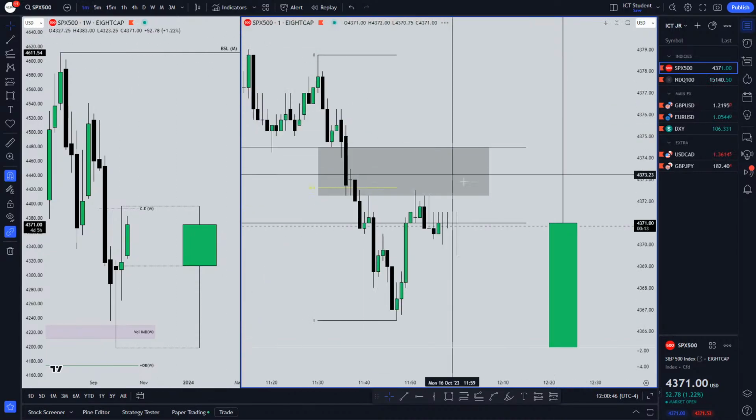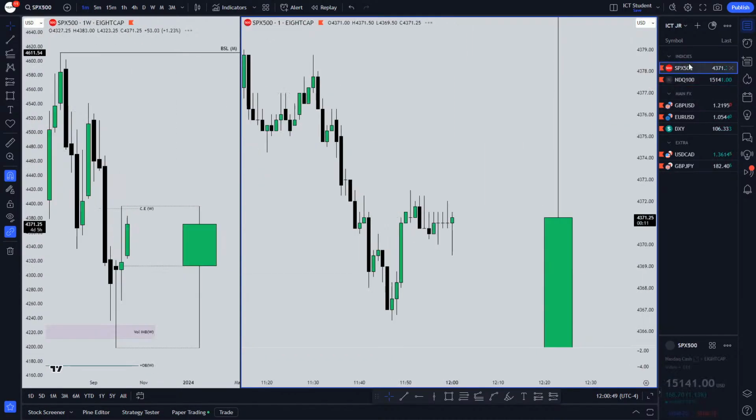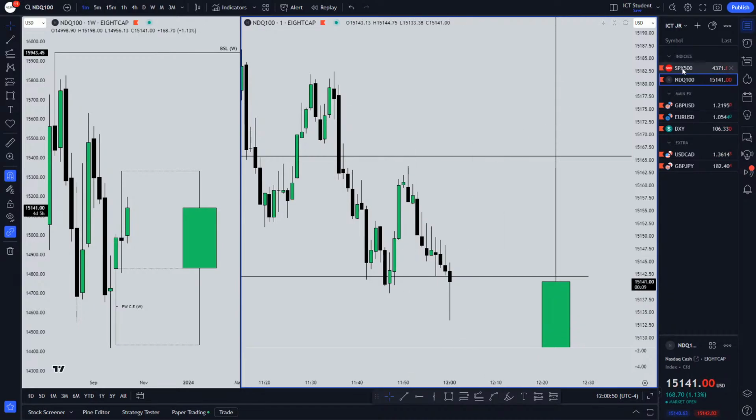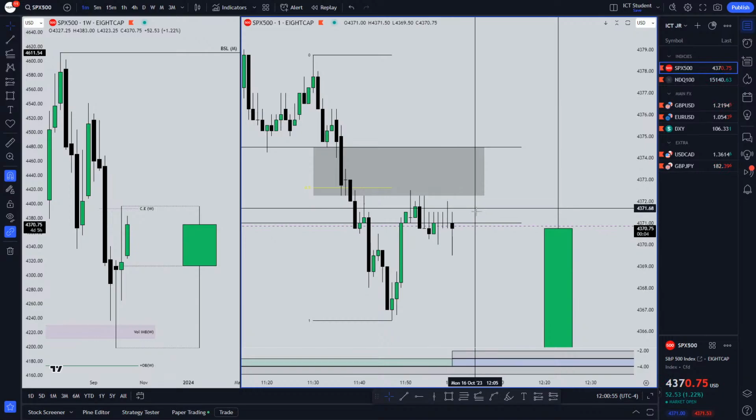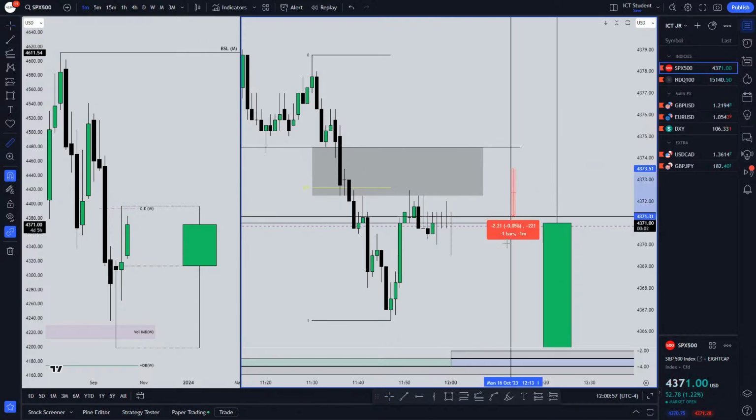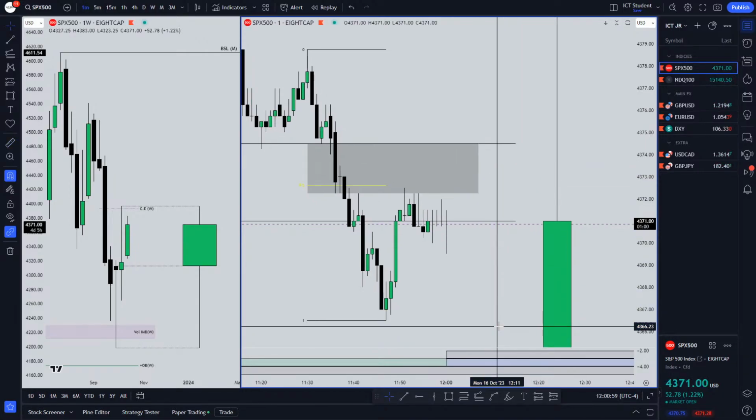SPX is about to drop soon. NQ does look a lot weaker than SPX. You can see that. It created lower highs, this one created lower lows, created lower highs. So I want to see it just come up into a premium, then we drop. That's all I want to see, bro. Just being patient. Patience pays, bro. It's bitter, but it's sweet. Even when you're holding a trade, just be patient.